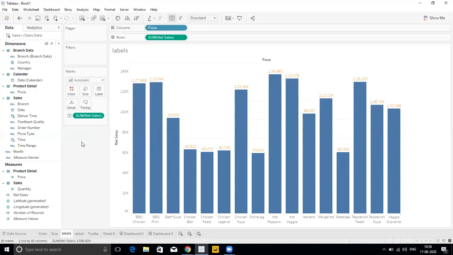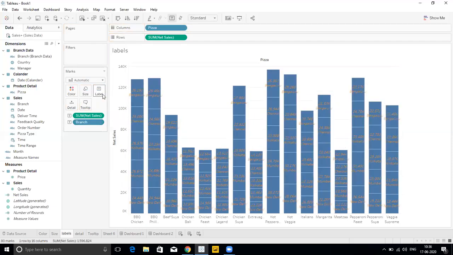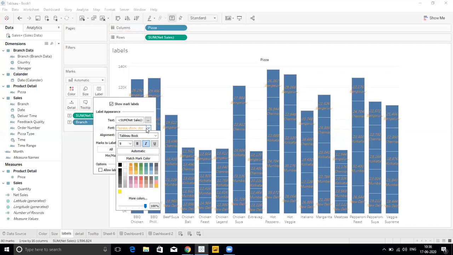Now we can understand it in a better way if I drag this branch inside this label. See what happened, the values are coming, the sum of the net sales as well as the branch. If I click on this label, let's make this color white.